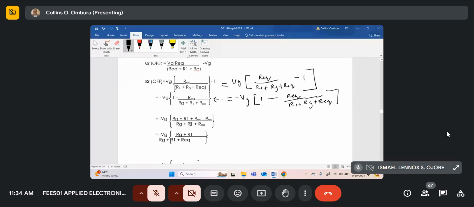If we call this first equation 1, let's call this one equation 2, this 3, this 4, and this 5. So if you make RG plus R1 plus R equivalent a common denominator, then in the numerator you get 3, and from 3, this R equivalent will cancel this R equivalent. You'll just remain with RG plus R1 in the numerator, all divided by RG plus R1 plus R equivalent. That's how we get